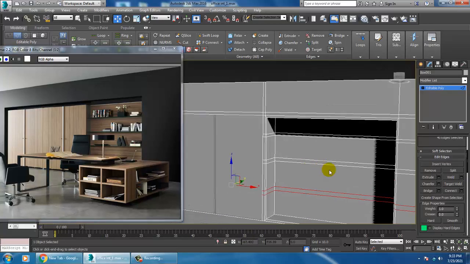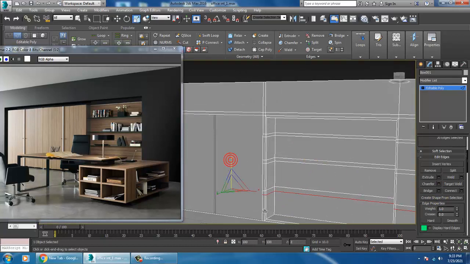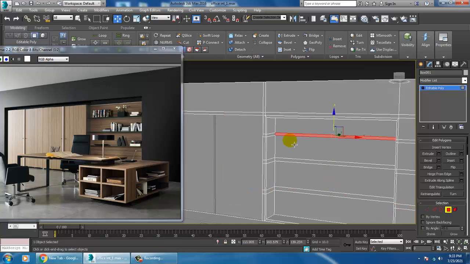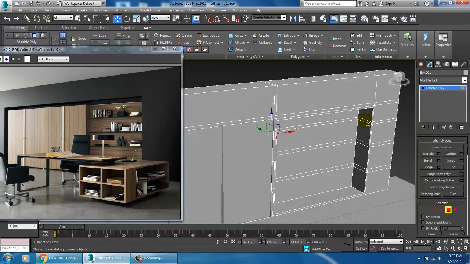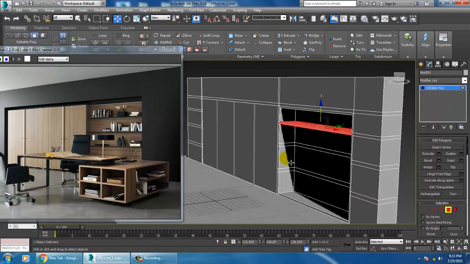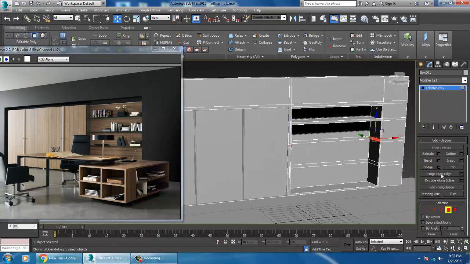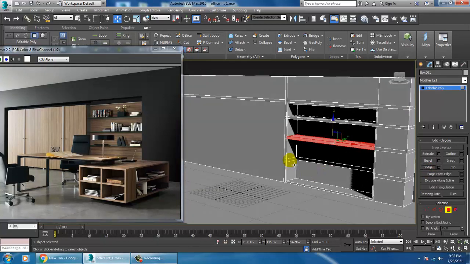Alright, so now slightly just push it up. Select the polygons and let's just bridge it. Select these polygons, bridge it.